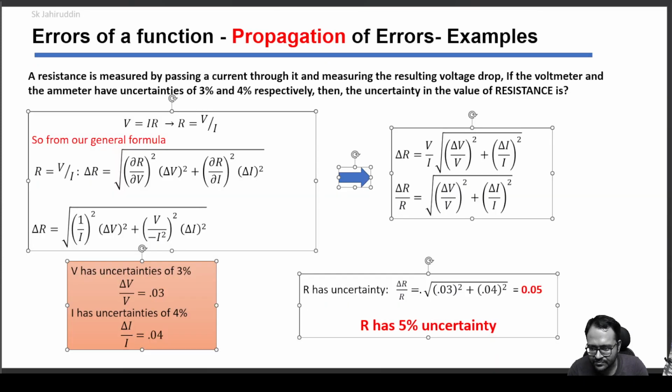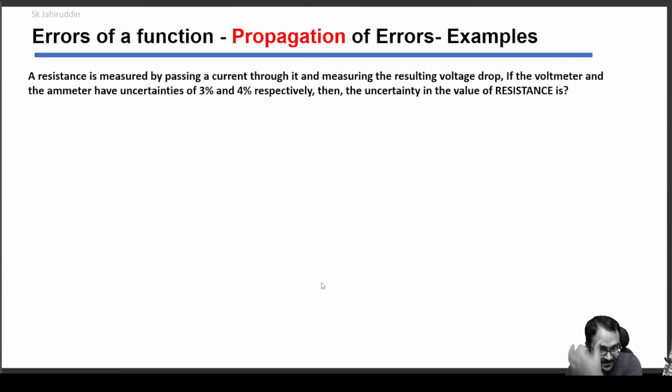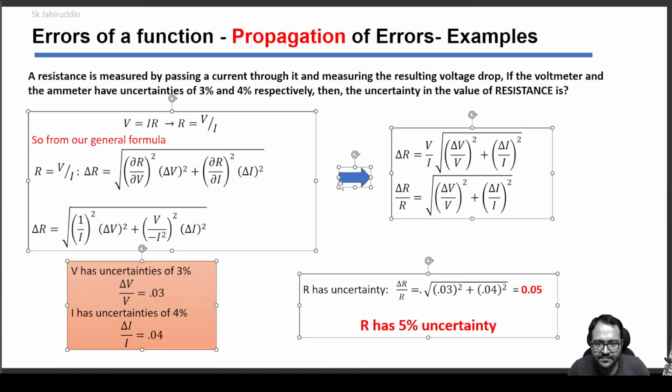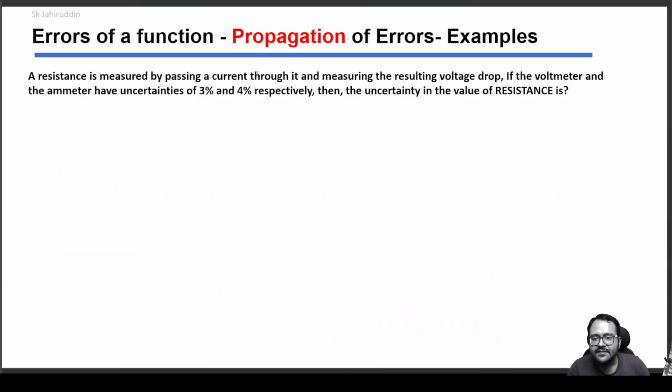If the voltmeter and ammeter have uncertainties of 3% and 4%, so what I am trying to do is